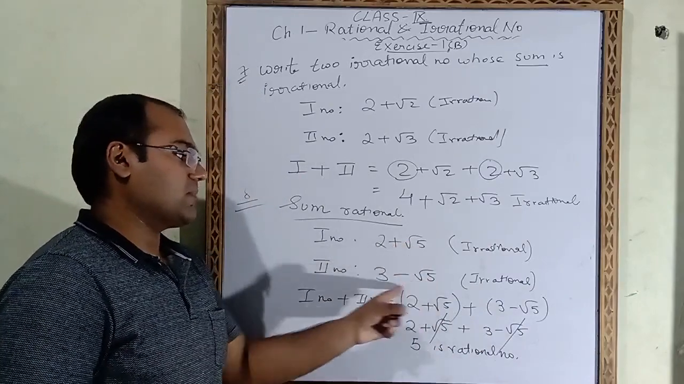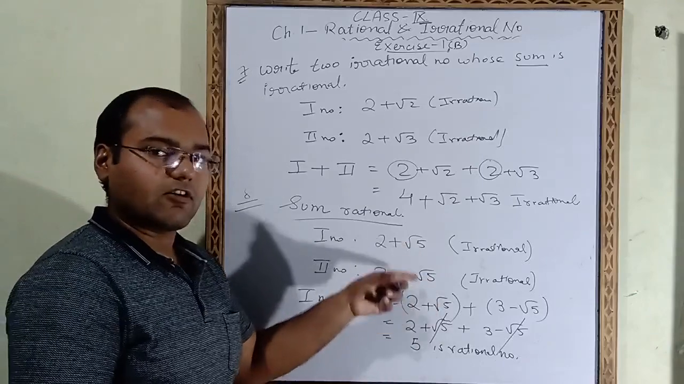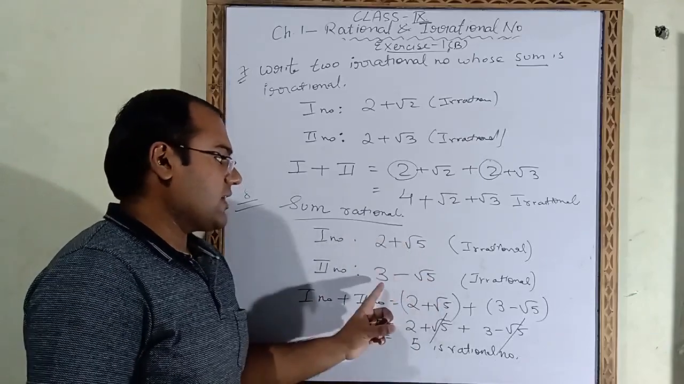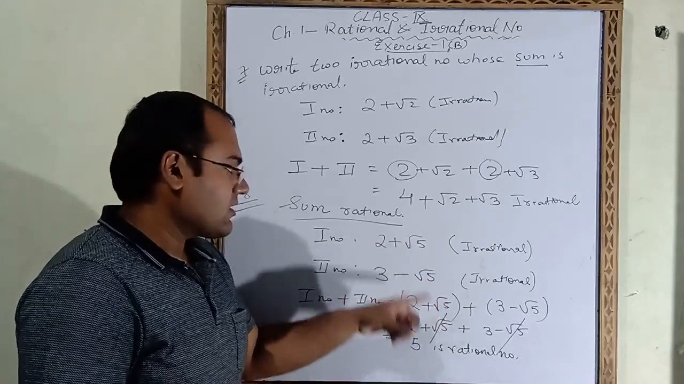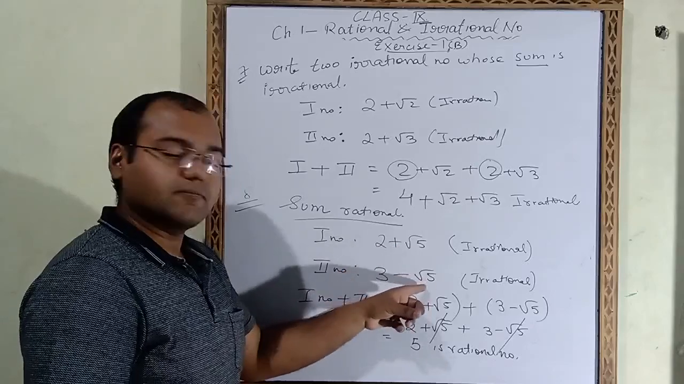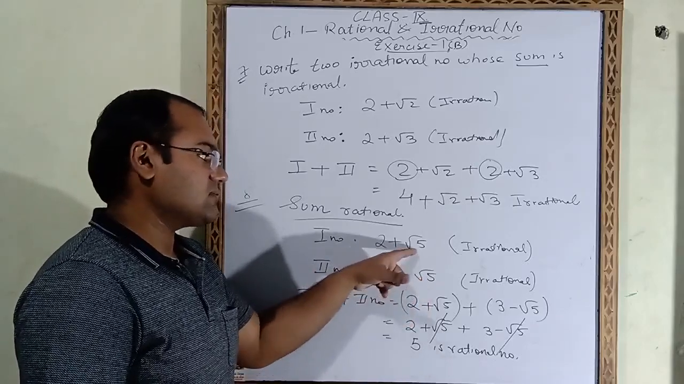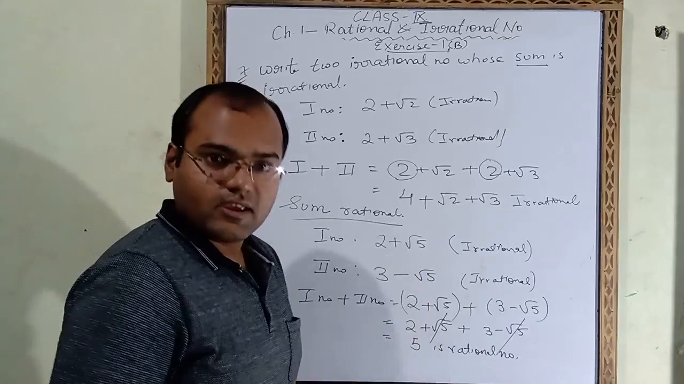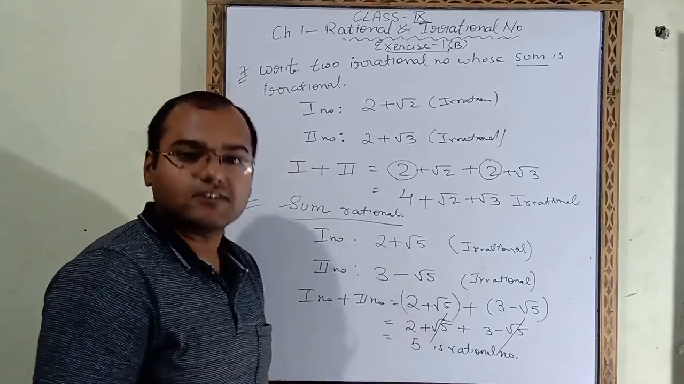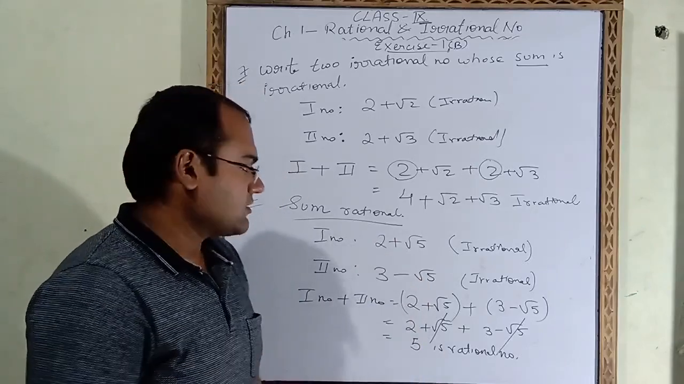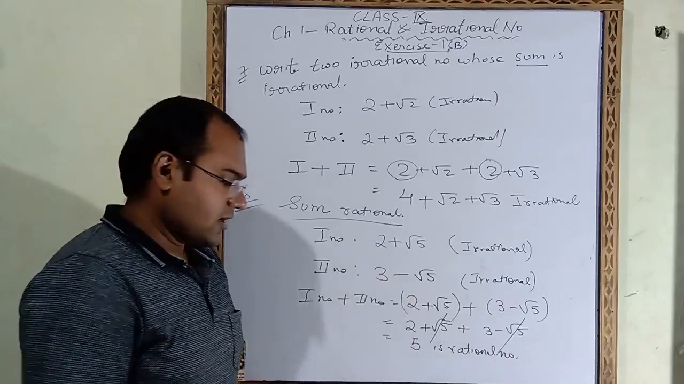So that's why what we have done, these both the numbers are irrational and they are different also. Here it is 2 plus root 5, here it is 3 minus root 5. I had taken opposite sign here, so that on adding these they both will get cancelled with each other and we will get the final answer rational. So like this you have to do. Now see